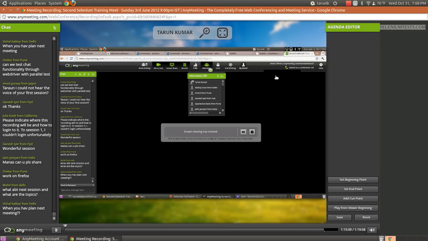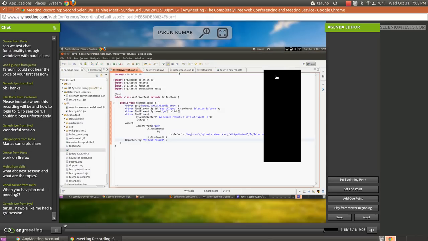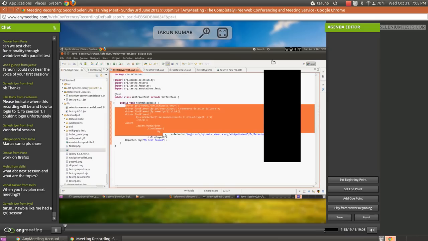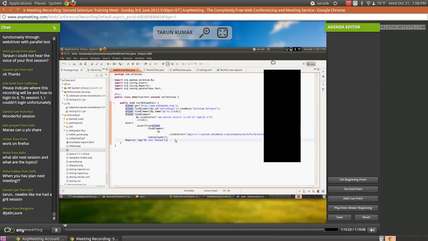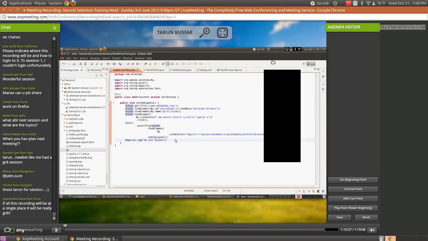Next meeting plan, I'll share. If you see, what we have done today is not much. Come back to Eclipse again. Say driver.findElement. It doesn't look good in the test. Tests should be very neat and clean. So in the next session we will see how we can write neat and clean tests using the page object and other test design techniques. So do attend the next session.